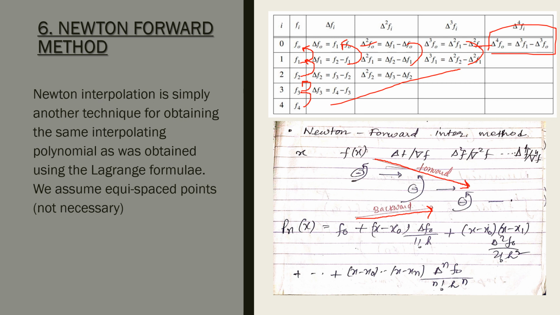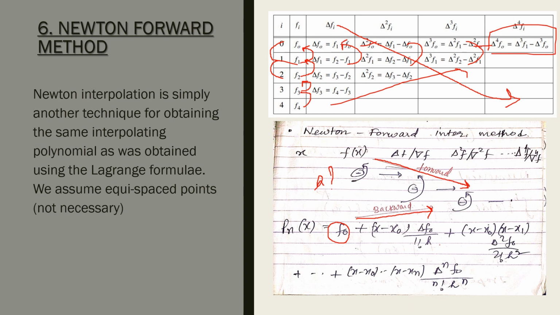This is I guess for backward, so simultaneously you can take out for forward as well, and the corresponding value will come like this. Then simply by putting the values, f0 denotes f of x0, so plus (x minus x0) delta f0, the value will be here over 1 factorial h, plus and so on. And what is h? h is the difference between 0 and 1, 1 and 2. It is equispaced, so here we are getting 1. Similarly in your problem you have to find it out.